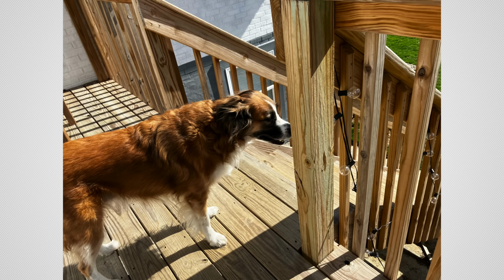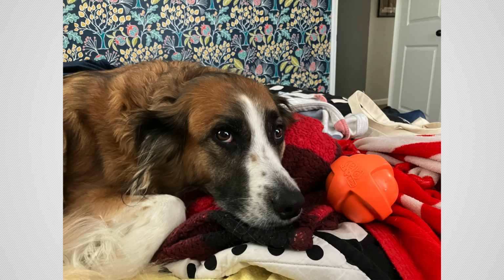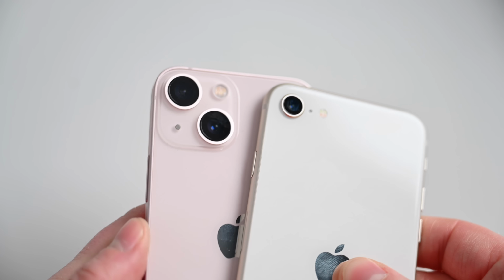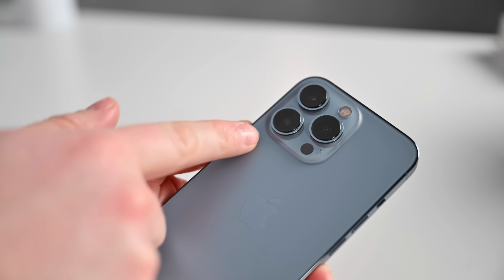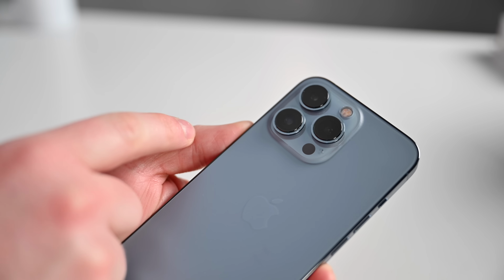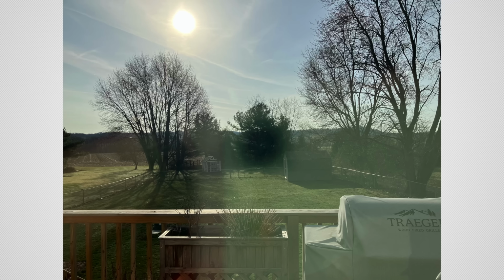What you do lack here compared to the other iPhone models is additional cameras on the back. The iPhone 13 has a 12 megapixel sensor, but it also has an ultra-wide sensor. And the 13 Pro and 13 Pro Max have the ultra-wide and a tele-lens in tandem with that wide-angle lens. But Apple knows that most people just use the wide-angle lens, which is where it puts most of its improvements